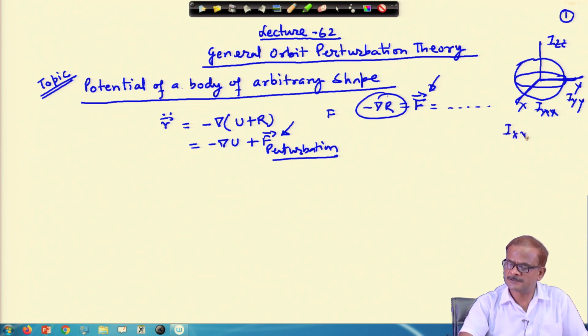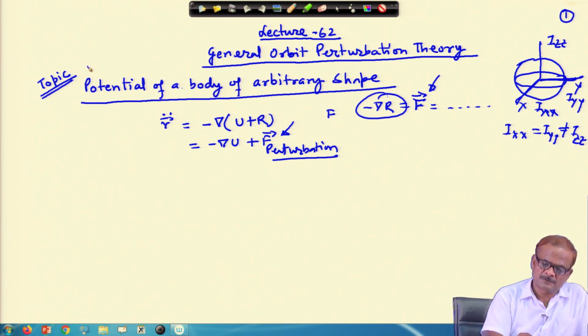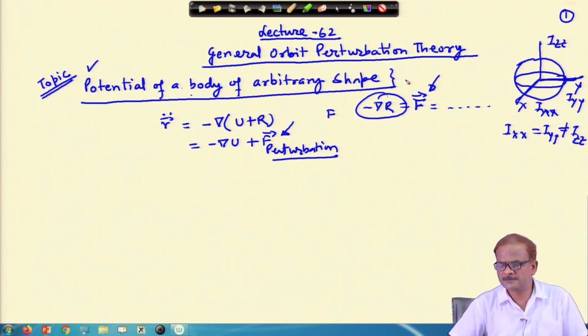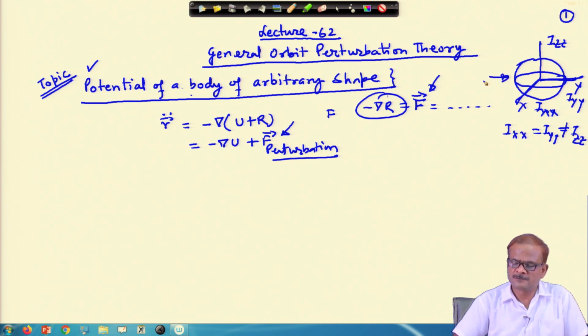So, I x x equal to I y y, and this is not equal to I z z. We are going to look through the derivation for a body of arbitrary shape. First we will write the equation,